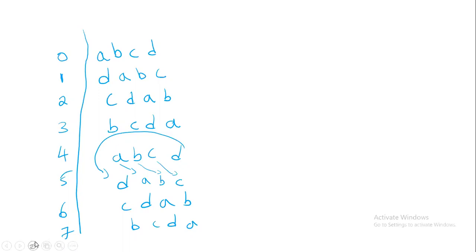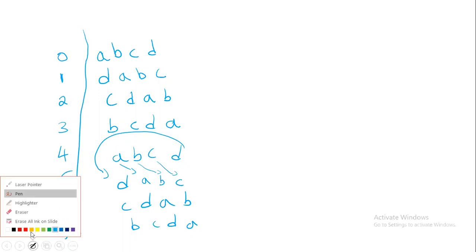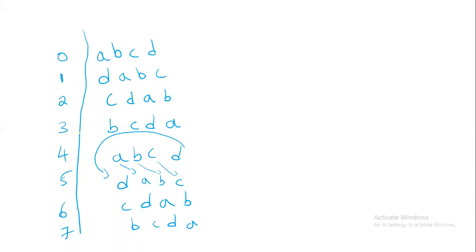Here the values are repeating, right? The values are repeating, so we'll make use of that. See, if someone is telling shift for 4 times, don't you think shifting 4 times and shifting 0 times both are same here? Yes, which means if someone tells shift for 4 times, I don't have to shift at all.